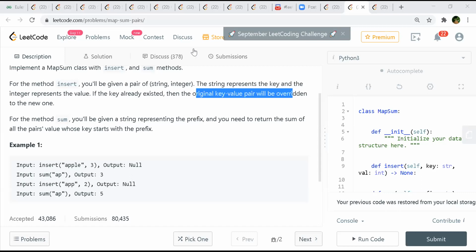Well, it all depends on the use case, not the implementation. In this case, if it's not going to be so many, maybe only 1,000 key value pairs, then I think the way we are saying, just insert in a map, and whenever we find something, go and find the keys with that prefix and sum on the fly.